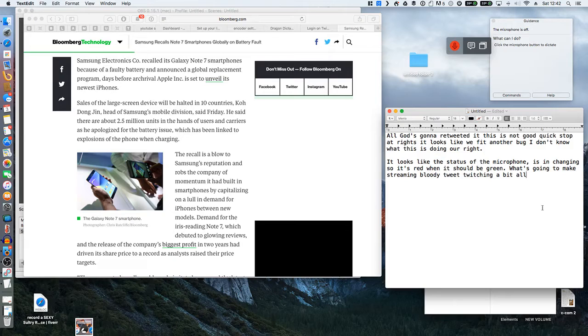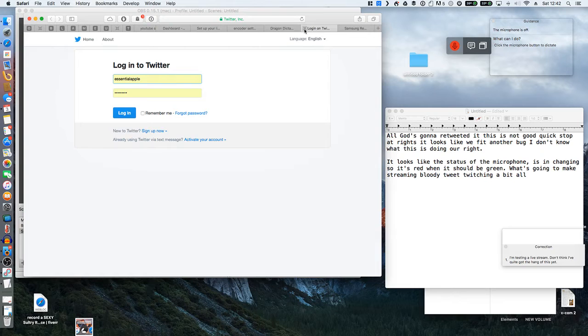Testing. Mary had a little lamb. See, now I'm really paranoid because that isn't working, so I've got no idea what's happening with the status of the microphone. And last thing I want